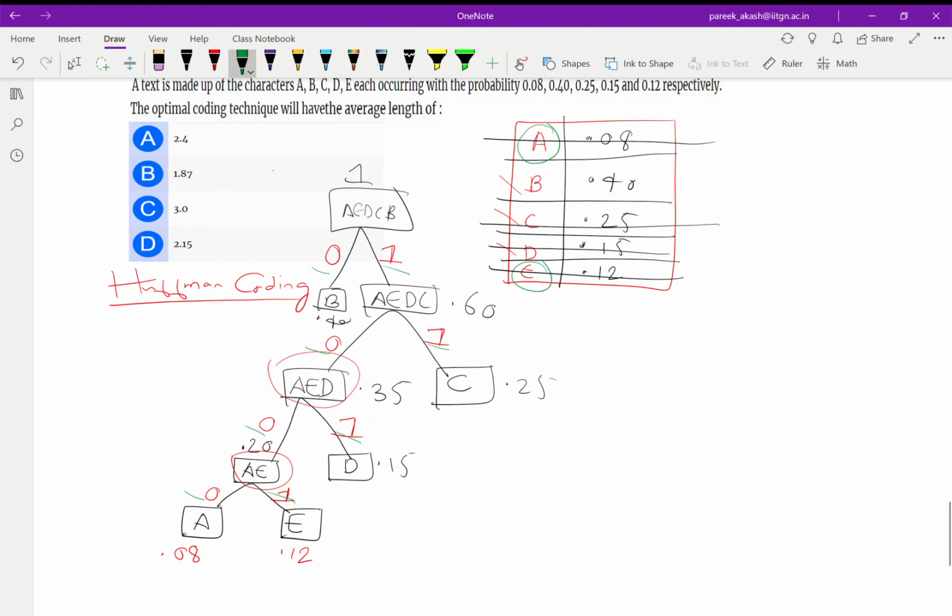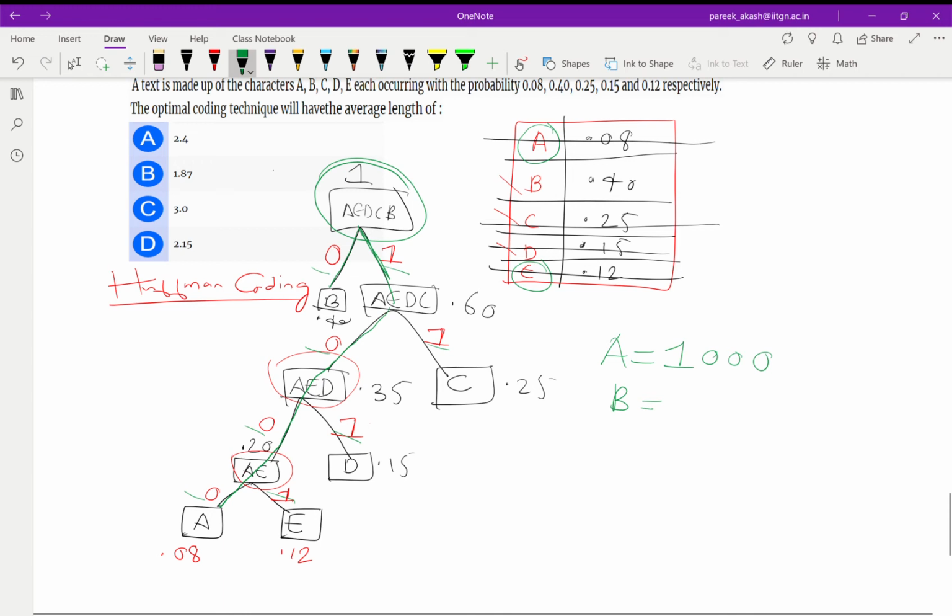The code for A will be the path from the root to A. So if we take the path from the root to A, the code for A is 1 0 0 0. The code for B is only 0. The code for C will be 1 1.